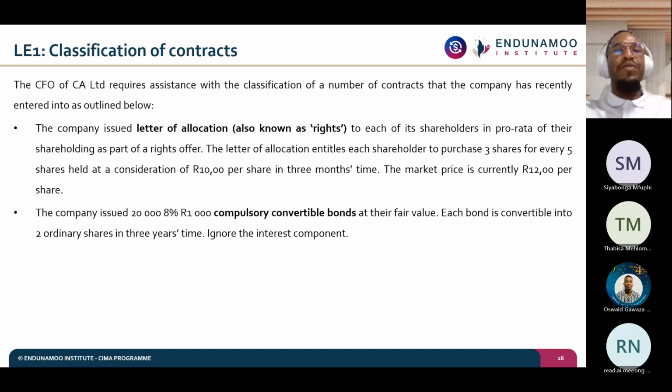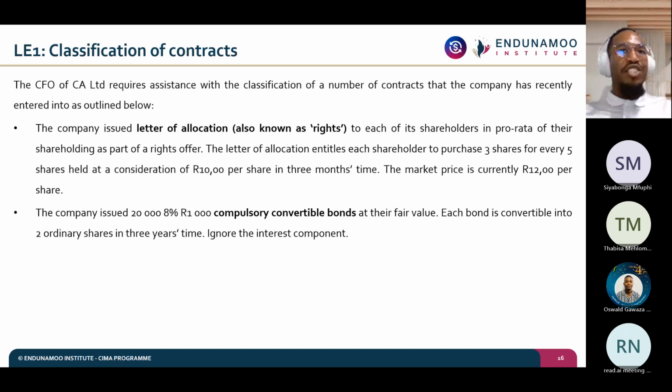As per the contractual provisions, it's compulsory for them to be converted into ordinary shares. What would have happened there is I would then come and pay you the fair value, so you would debit your bank account with the fair value that I pay you. Question becomes, your credit entry then,